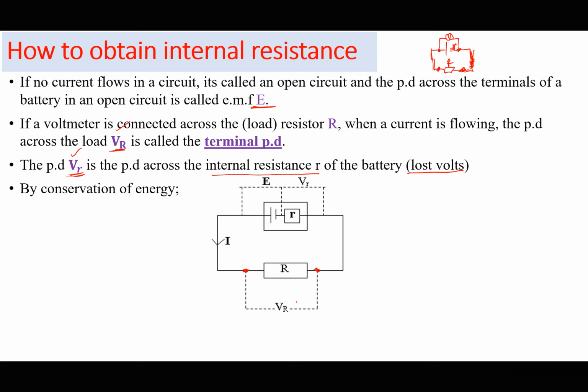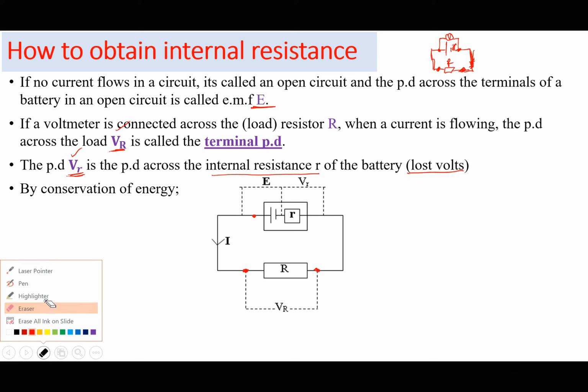But I'm saying we can get the same value if we connect the voltmeter between these 2 points. It is the same thing. Connecting the voltmeter between these 2 points, it will still give me the PD outside the battery, which is still the terminal PD. So the PD across the external resistor is called the terminal PD, and by conservation of